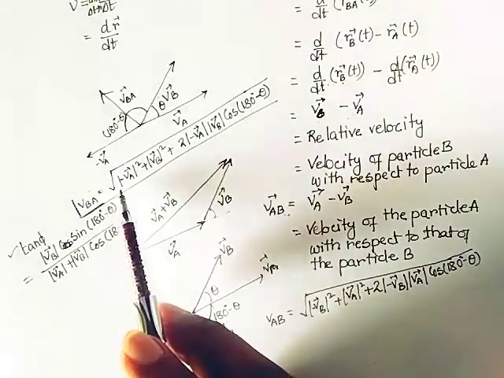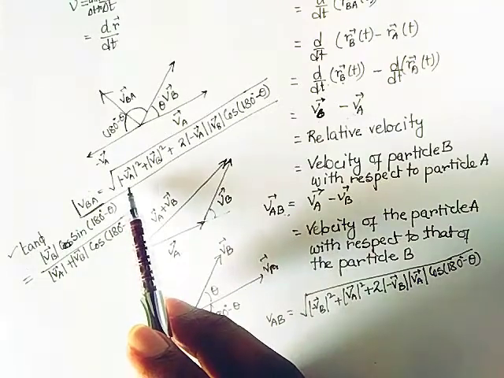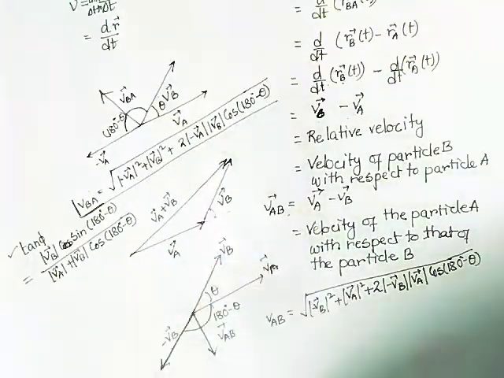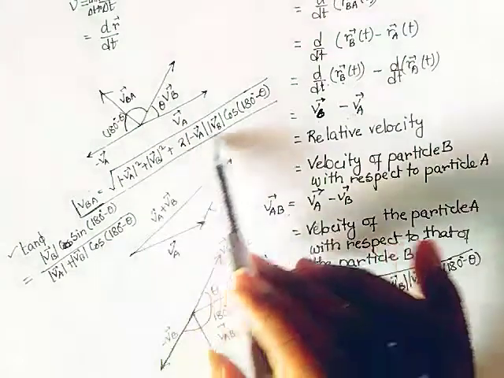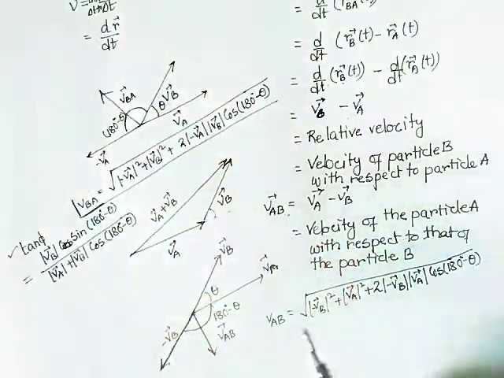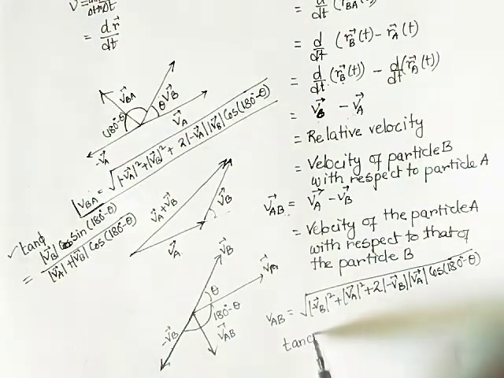Since these things are inside the square and magnitude, the value you obtain for VBA and VAB is completely the same, but the angle is changed. That is tan phi. The tan phi will now be